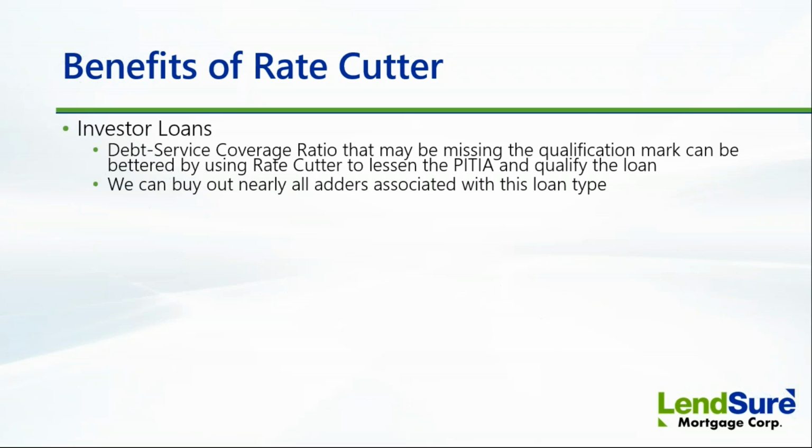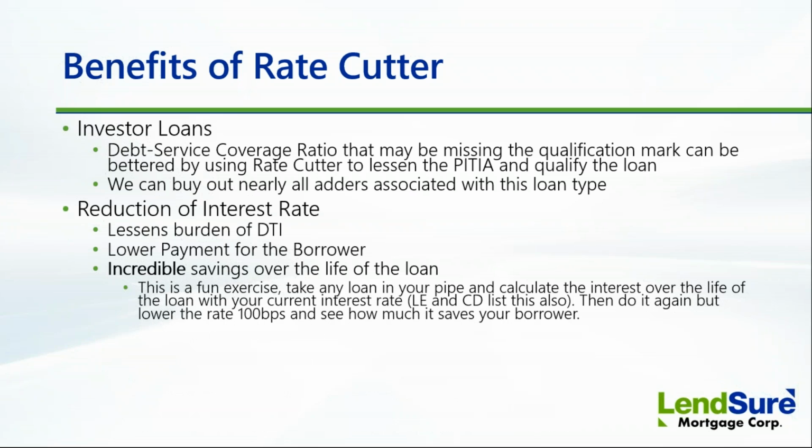Okay, benefits of rate cutter. For investor loans, we talked about the overall DSCR ratio being the qualifying mark and how we're able to use interest only to meet those requirements. And again, on August 1st, the DSCR ratio for LendSure is moving to 1:1. We can buy out nearly all the adders associated with this loan type, as well as any bank statement or full doc option. Rate cutter allows you to convert